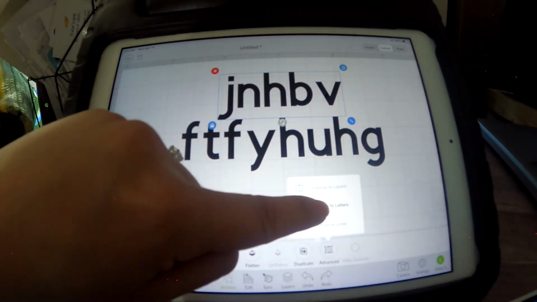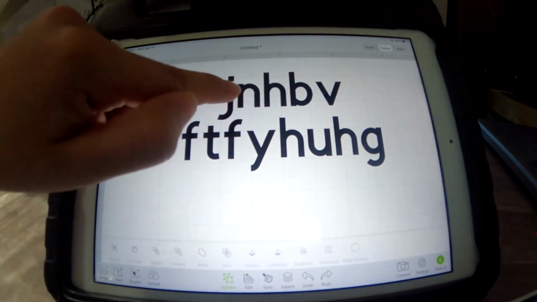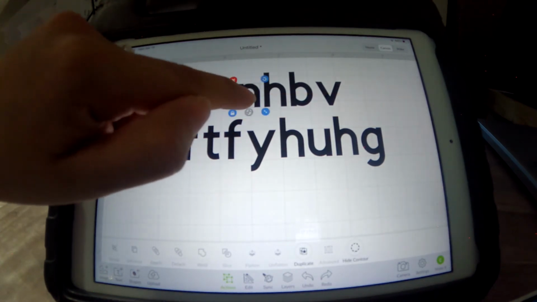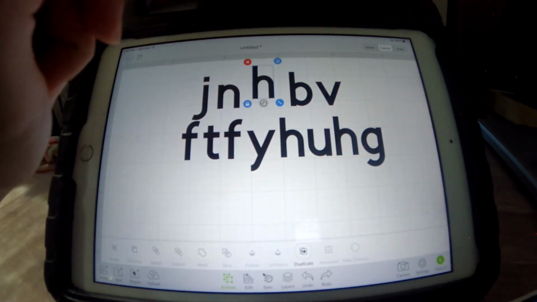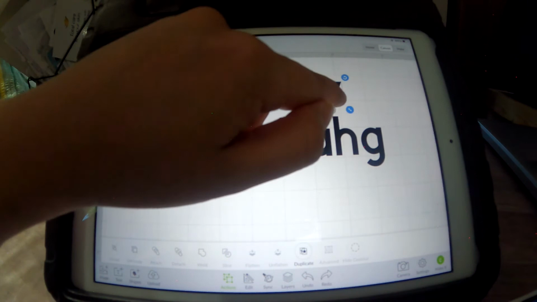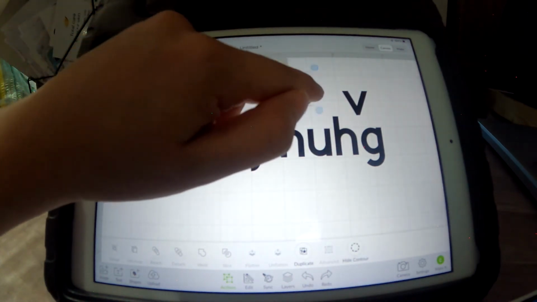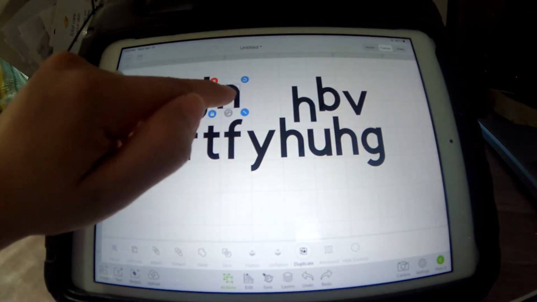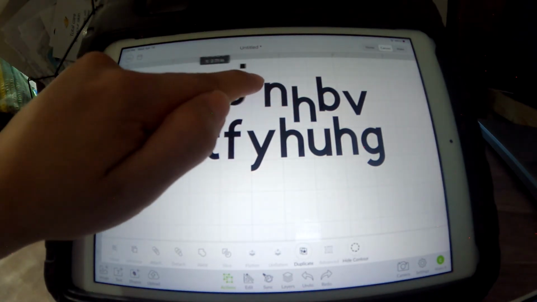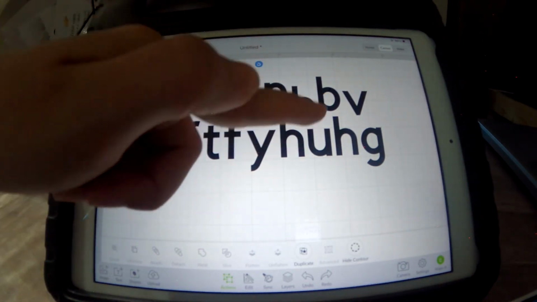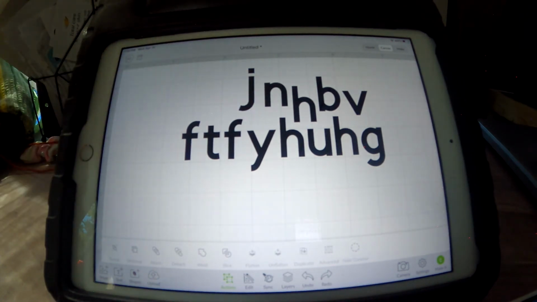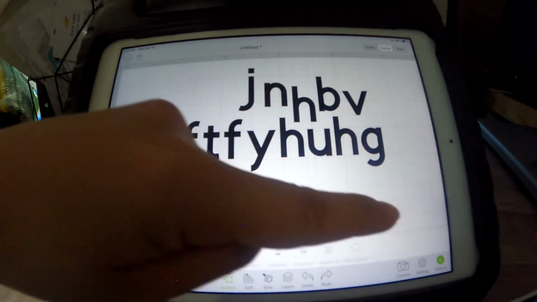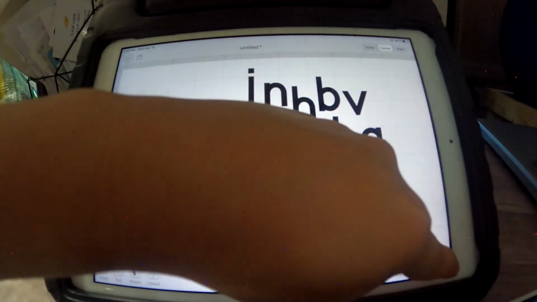So now if we take this and we go back to that advanced, we can do what's called ungroup to letters. So now every single letter is its own separate item. If we take some of these letters, we can move them around. If you want some designs, it's nice to have kind of bouncing letters, so a little bit of an up-down appearance like that. So the problem here is if we go to hit make it to have our machine cut it out, you look here,